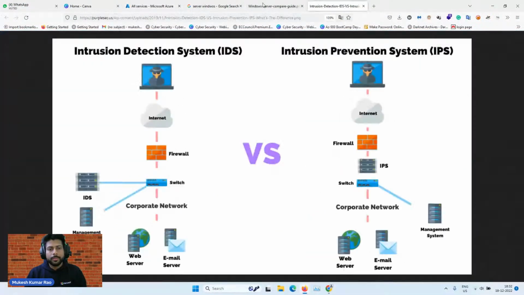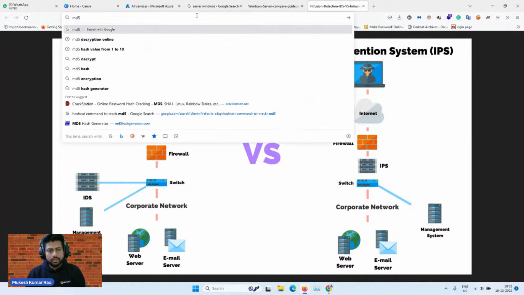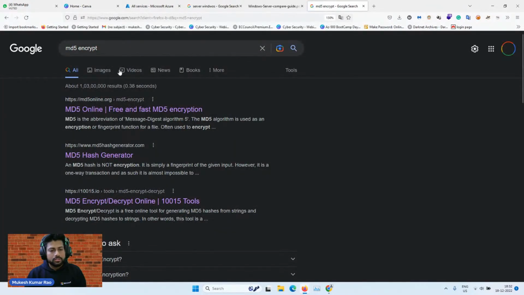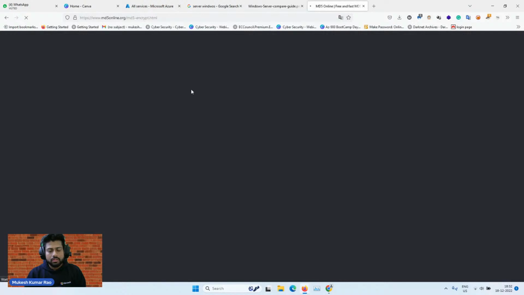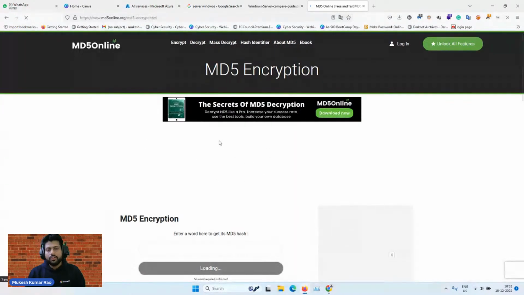In a database, we go for an MD5 value that we use to encrypt data. Let me show you. This is an online website. Here we are using the hashing function called MD5.